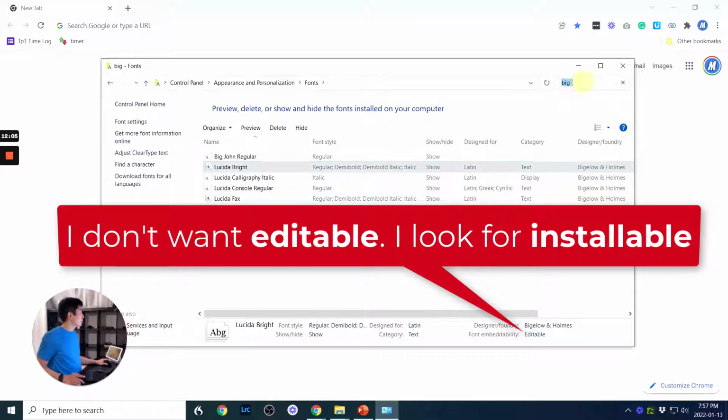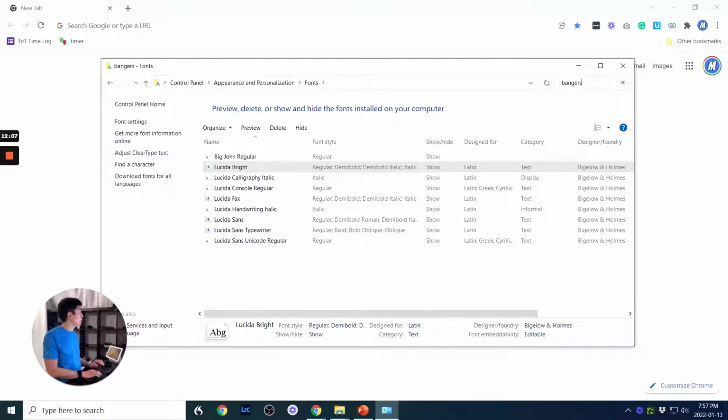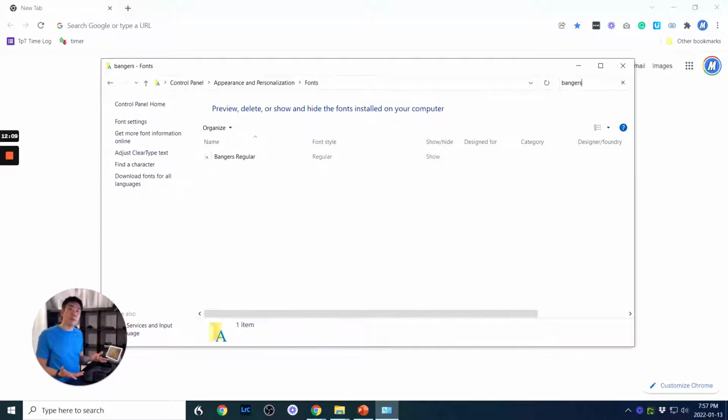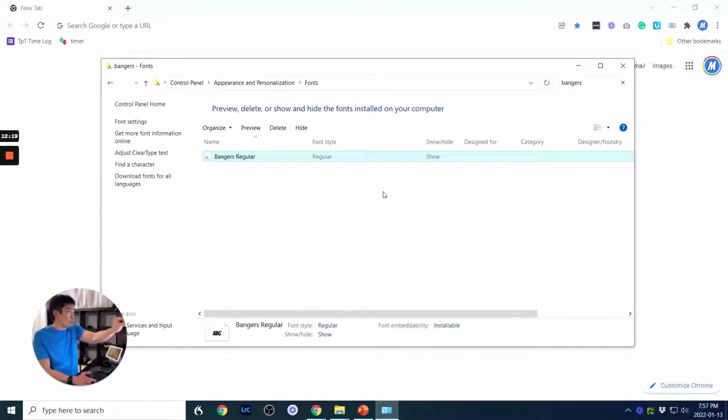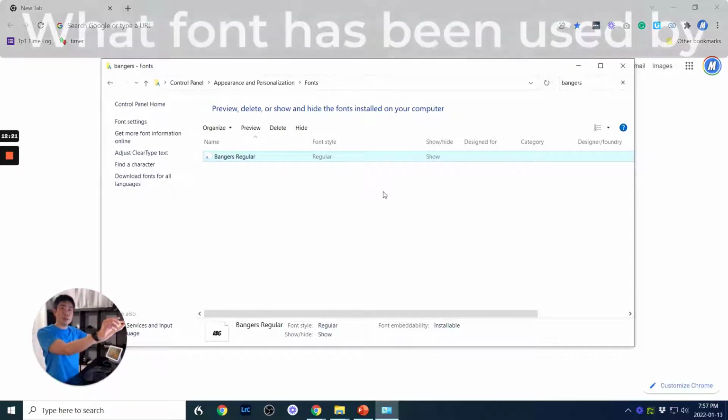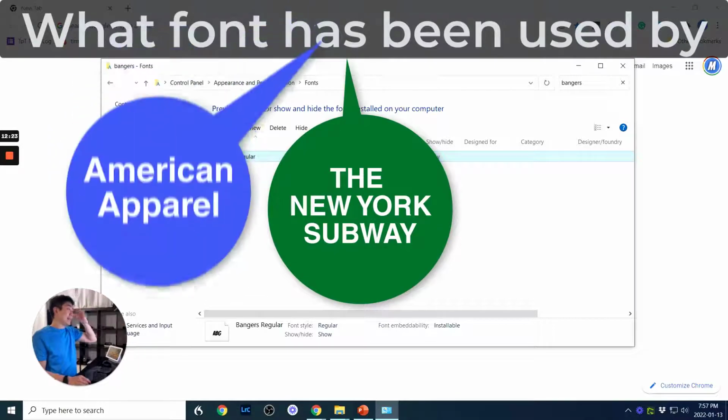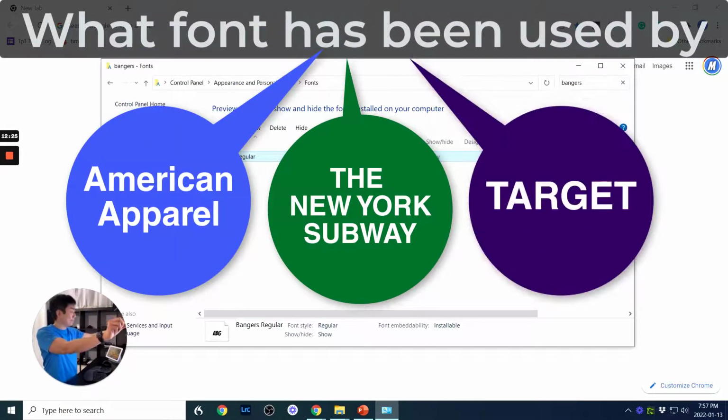I had this Bangers font that I got from a different font repository, not from Google Fonts, and the version I had wasn't installable, it was editable. When I tested it on my computer, there was a warning bar saying you can't install this font or you're restricted, and I thought that restriction warning bar would make teachers nervous.